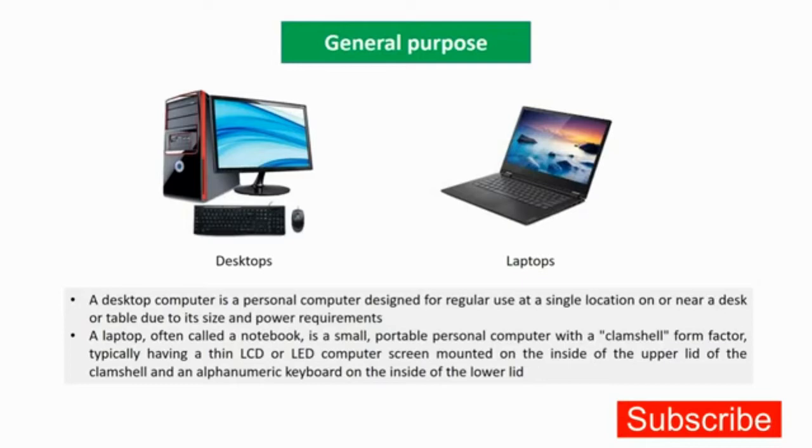Now the word general purpose is used because these are meant for your general work. For example, a person working in an office is preparing a presentation, so he is using presentation software. Another person is a graphic designer, and he is designing something, so he is going to use graphic designing software. He can install that software and use it. So this is what is meant by a general purpose computer.